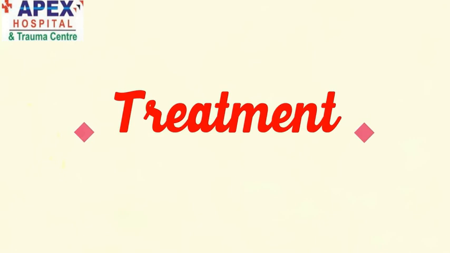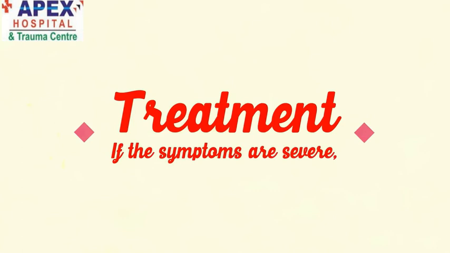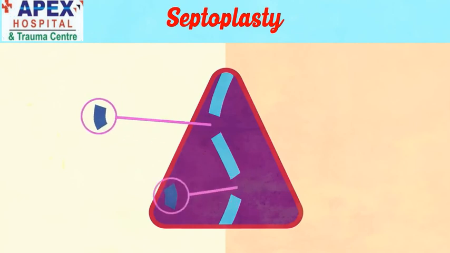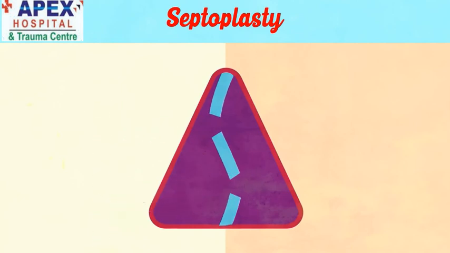Treatment. Minor cases of DNS require no treatment. If the symptoms are severe, then on reaching the age of 17 years one can opt for septoplasty, in which the most deviated part of the nasal septum is removed and the rest of the septum is corrected and repositioned using